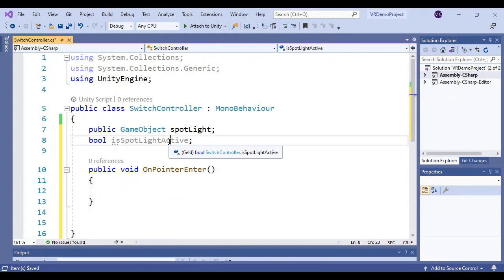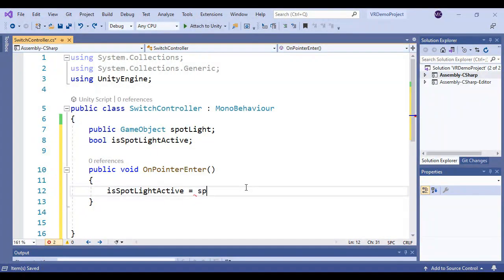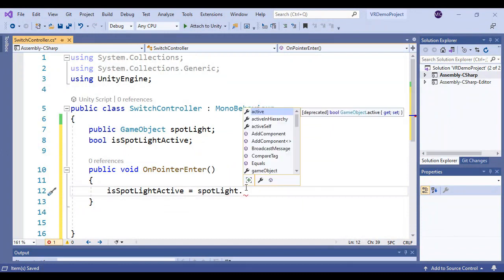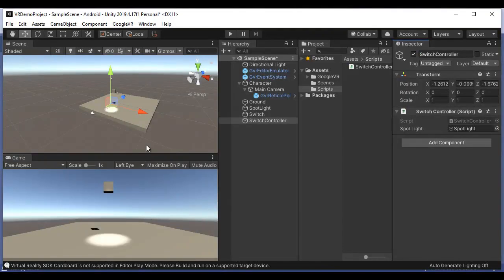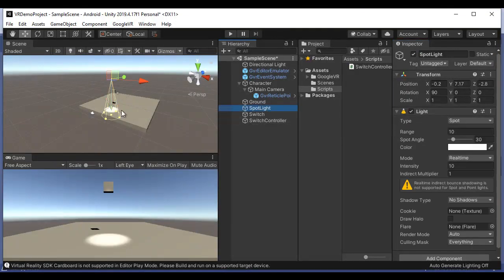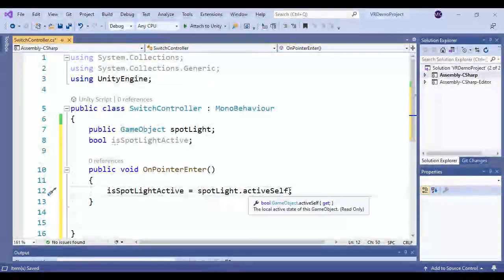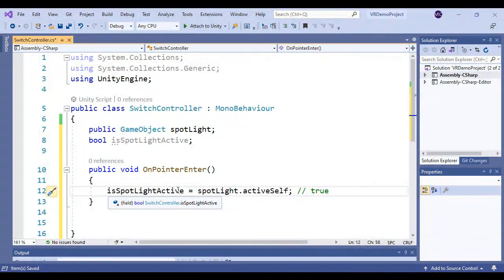So we say here isSpotlightActive equals spotlight.activeSelf. So what happens here? At present, you can see that in our scene, the spotlight is active, right? So spotlight.activeSelf returns true. So true is stored inside the isSpotlightActive variable.